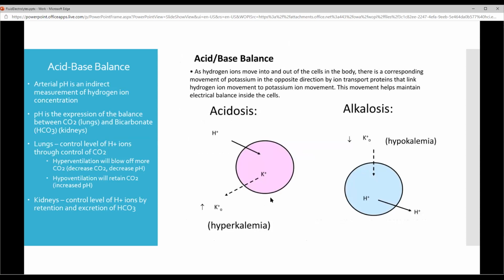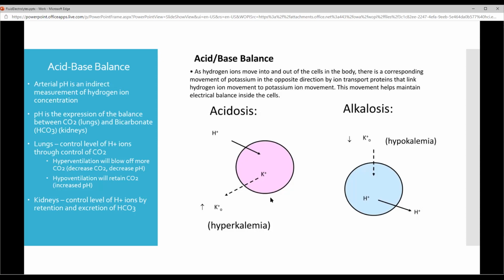Finally, let's just talk briefly about acid-base balance. When we look at acid-base, we're looking at pH. It is obtained from an arterial blood draw. We draw blood from the artery, usually the radial artery. An arterial pH is an indirect measurement of hydrogen